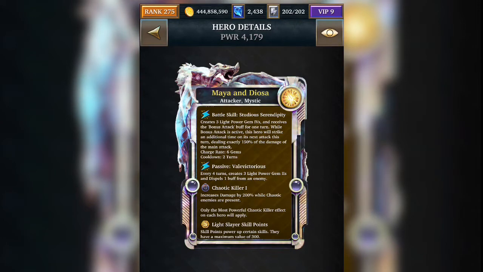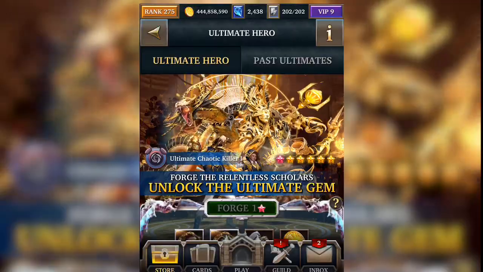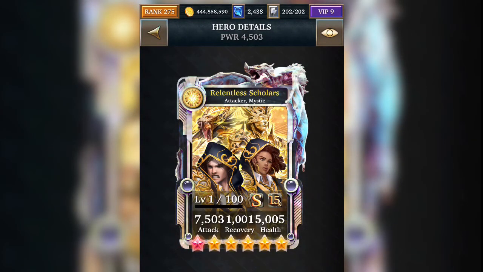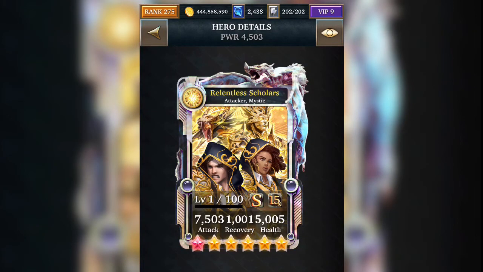So it's got a passive. Every 4th turn, create 3 light power gem 2s and dispel 1 enemy buff, which is really good. Your ultimate form, Relentless Scholars, will create 3 light power gem 4s and 4 light power gem 2s and receive the attack bonus buff as well, and it will also deal 150% of the main attack. It's got the passive, which every 4th turn it will create 3 light power gem 2s as well. So as you can see, it's upgraded in a sense where it produces more power gems, but it's been nerfed in the sense that it doesn't get that 3 key boost to the nuke damage,